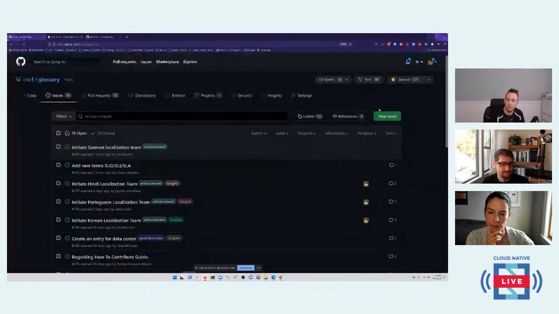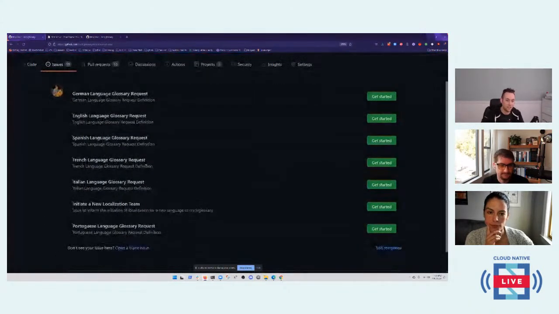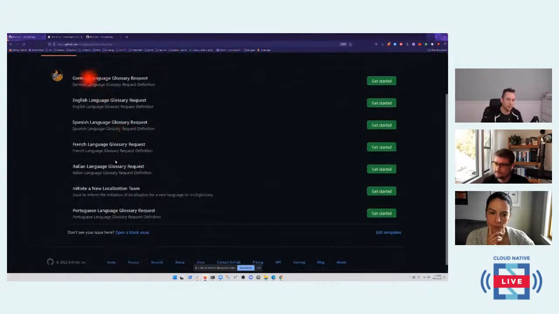But if you go into issues and create a new issue, we've got a bunch of issue templates that specifically talk about what language you're doing. And for all the folks that started asking how do I set it up for my particular language if it's not already in here, well, we've got this one form to initiate a new localization team. And to be clear, audience members, if you want a stream specifically on how to set up a localization team and how to get started with your language, we can set that up.